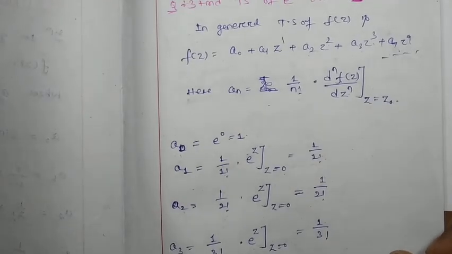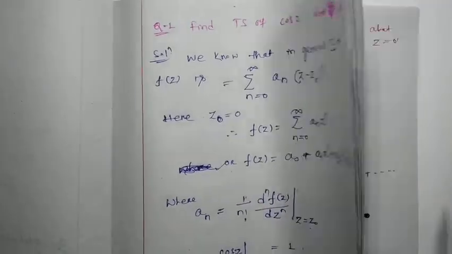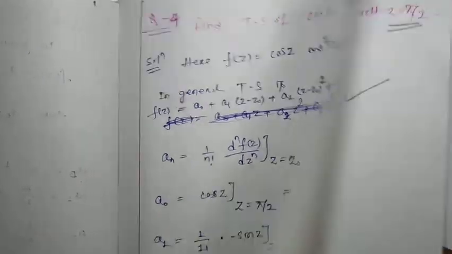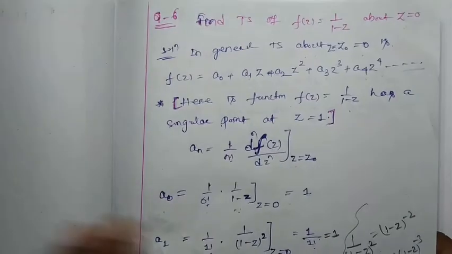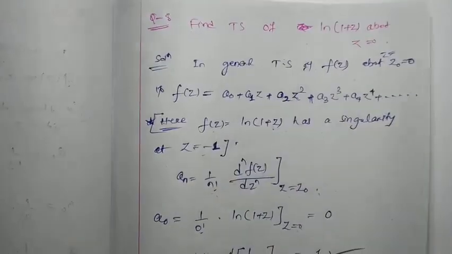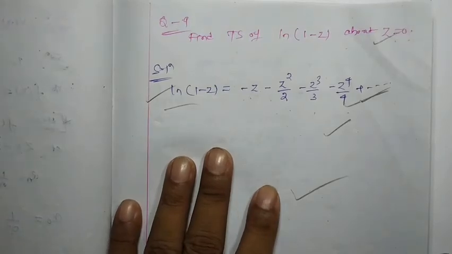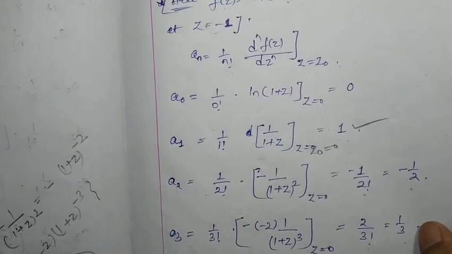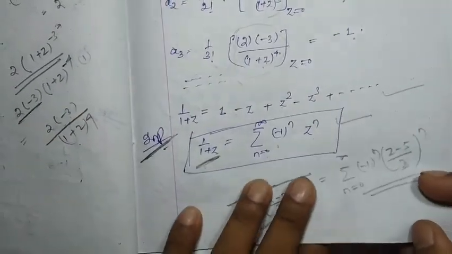In our last class we did a few numericals based on Taylor series. We did 10 questions. Questions 1, 2, 3, 4 and 5 I gave to you to do; it is very easy, you can do it. Questions 6, 7, 8, 9 I also gave you, and 10. And I told you that two Taylor series you have to remember always. They will be useful in our forthcoming classes.